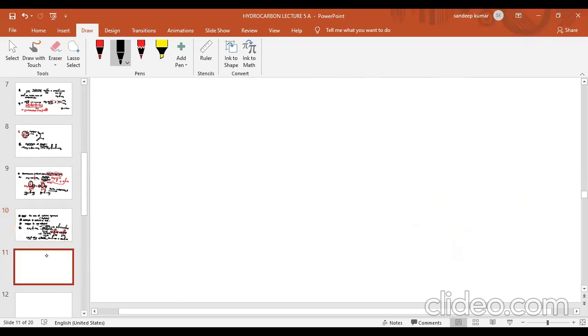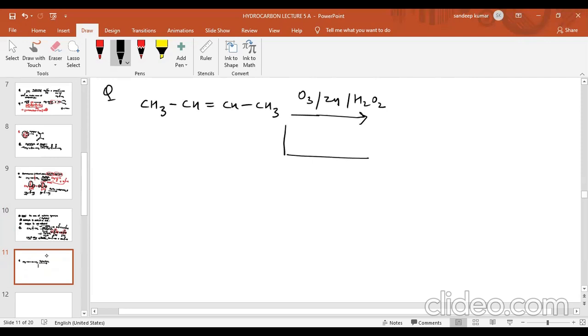Now see the next question. Next question I am giving to you. Please do it by yourself. The next question is, if there is ozonolysis of CH3, CH double bond CH and CH3. The first path by which reaction is going on is O3 in presence of zinc and H2O2. So the product obtained is different. If O3 is given and only H2O2 is given, so the first step is basically reductive ozonolysis and the second step is